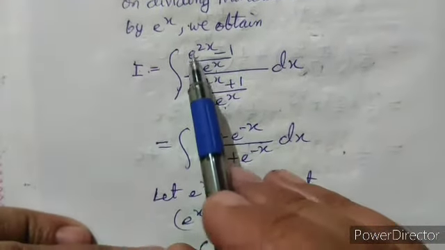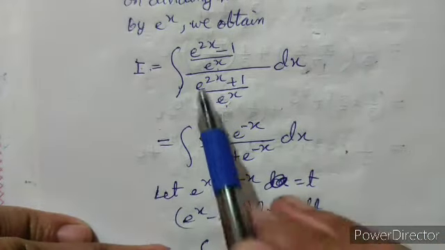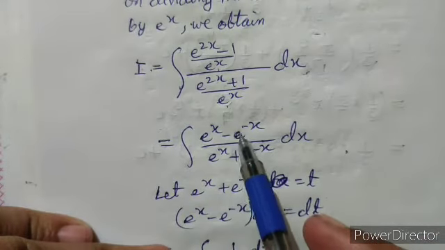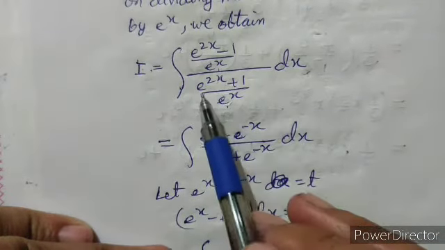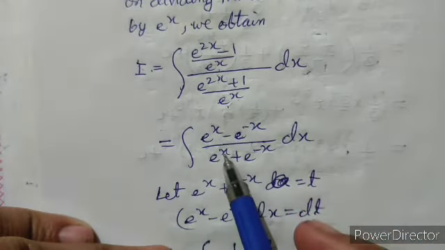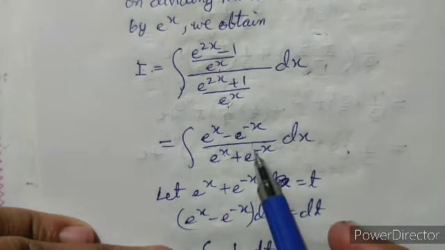And this, on dividing both the terms separately, will be equal to e raised to power x minus 1 upon e raised to power x, and that can be written as e raised to power minus x, whole upon e raised to power 2x upon e raised to power x, and that will be e raised to power x plus 1 upon e raised to power x,